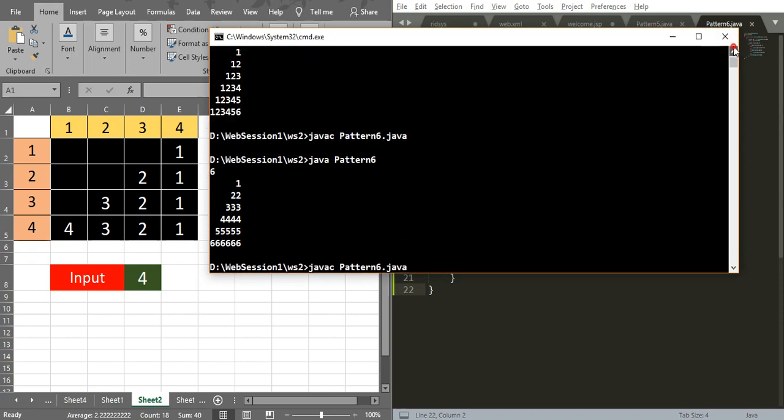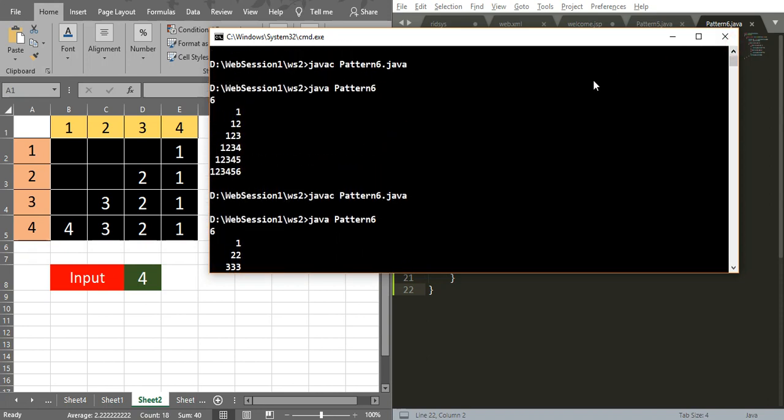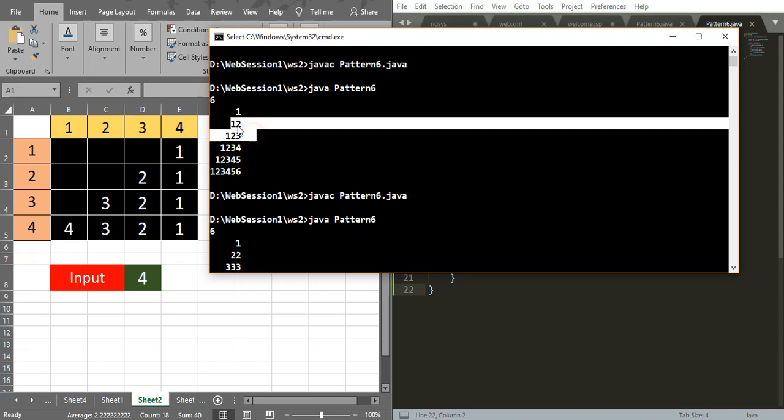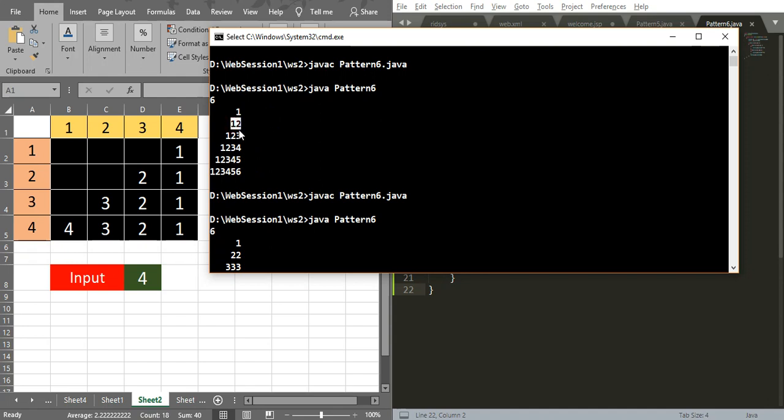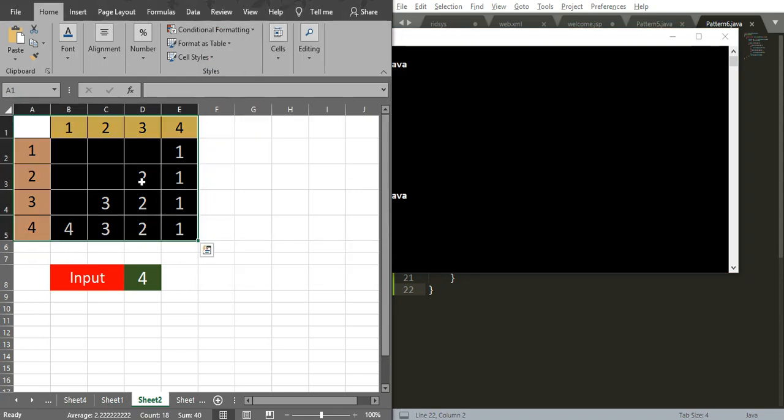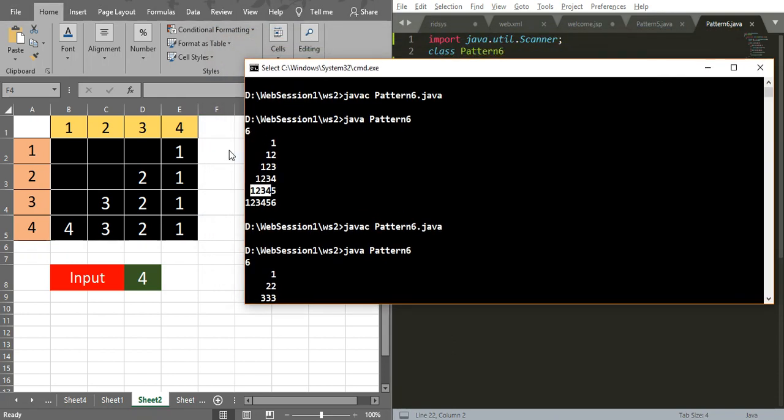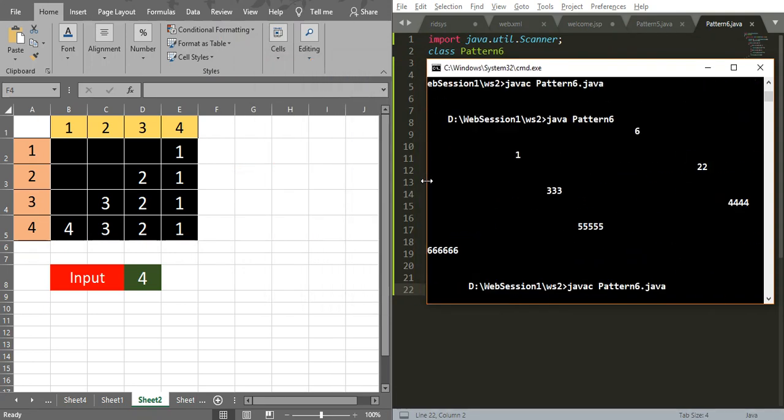If you take the last output, here we have printed the numbers in ascending order. In each and every row we have printed in ascending order. But here we are going to print the numbers in reversing order, that means descending order.